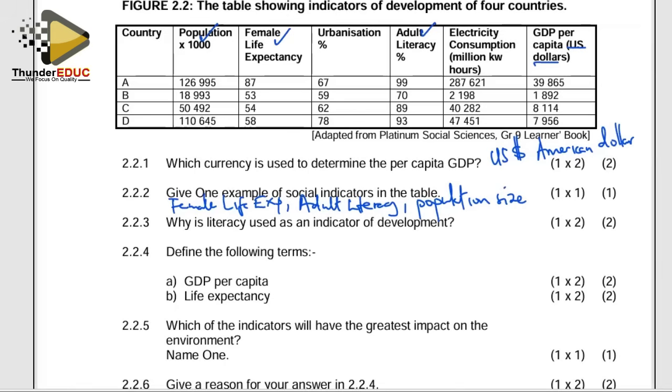Right. Why is literacy used as an indicator of development? We need to analyze here the difference between a person who is literate and an illiterate person. Their contribution is not the same to the overall development of a country. If you have a country of people who can't read and write, automatically that country is going to be affected by that presence of those people who do not know what they're supposed to be doing. So we can argue by saying that